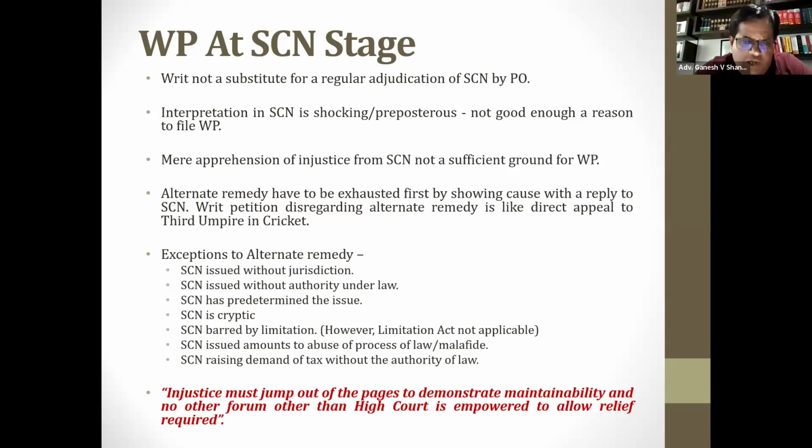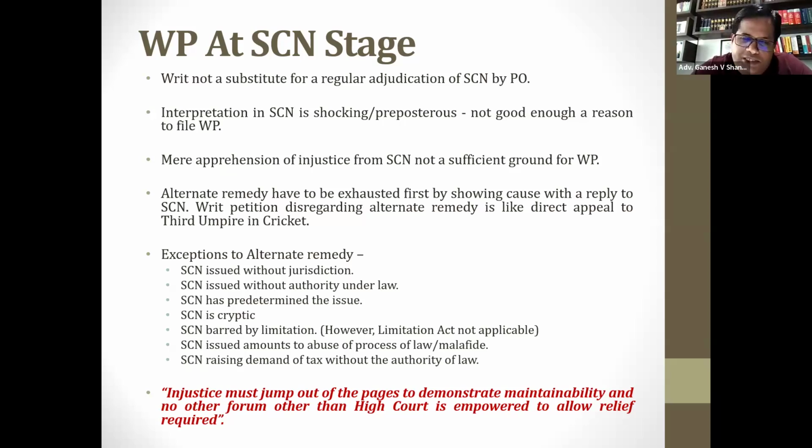The last bullet, which is there in red italic, I have picked up from Jatin sir's show cause notice book, which has really attracted me. When I approach the High Court, the injustice which I am trying to make out, which I have been meted out, should jump out of my petition copy itself, is what sir is saying. I'm fully convinced with that. The High Court judges sit in the position of a god, and in their eyes, the injustice which the aggrieved person is seeking relief against should be caught.